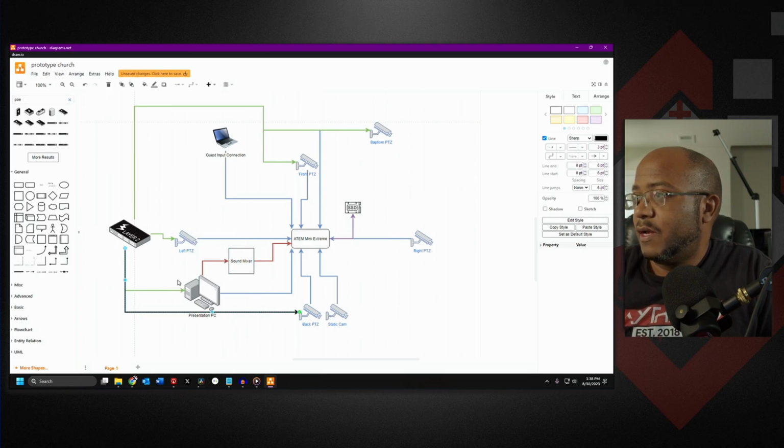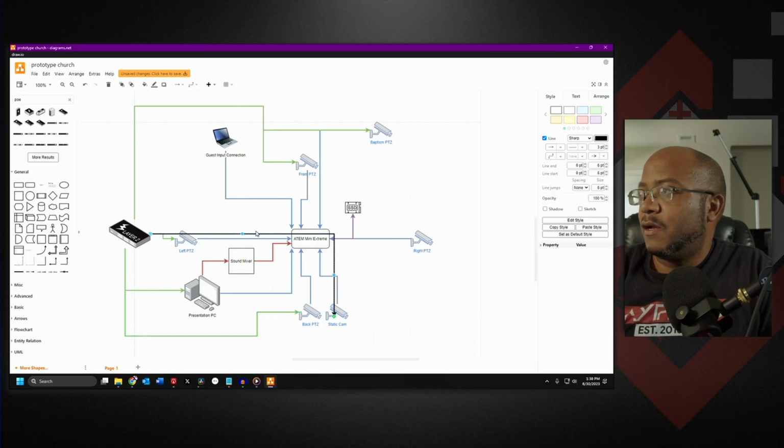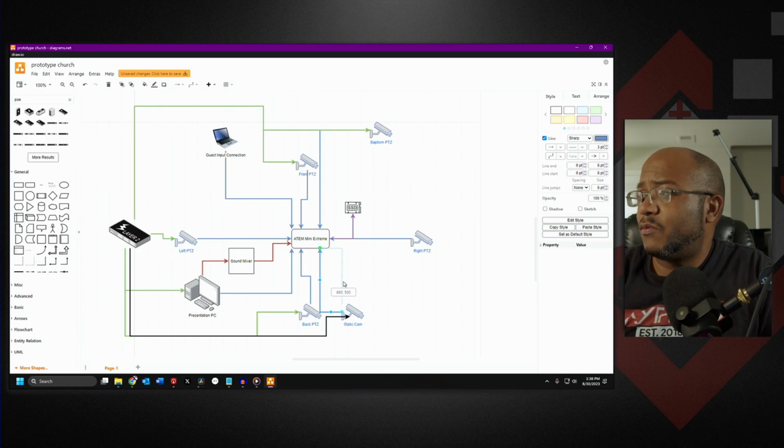Connect this camera. Now, typically the static cameras I use are not powered over Ethernet. They need an electrical connection. I personally have not used a static camera that uses power over Ethernet, but I do know maybe ATEM has one. I just have not personally worked with one, but I know the tech has gotten better. I'm sure there's one out there. So I will link one in that list of items as well, just so this will simplify all of this